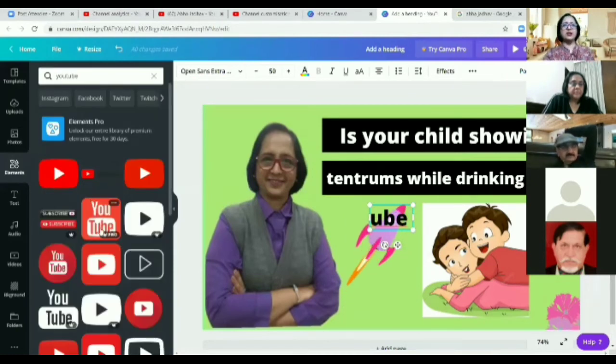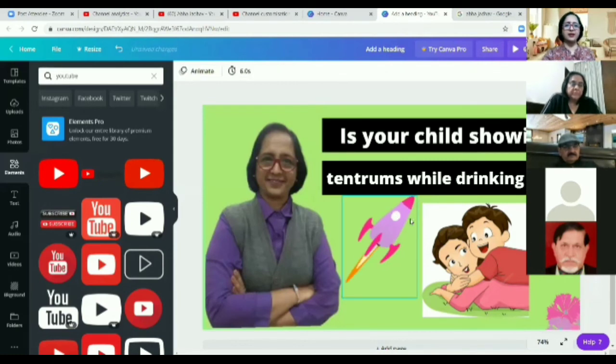Now you can see some of them have this crown that shows that it is a paid version. So if I use this and I try to download, what will happen? It will first tell you that this is a paid thing. So are you ready to pay for it?